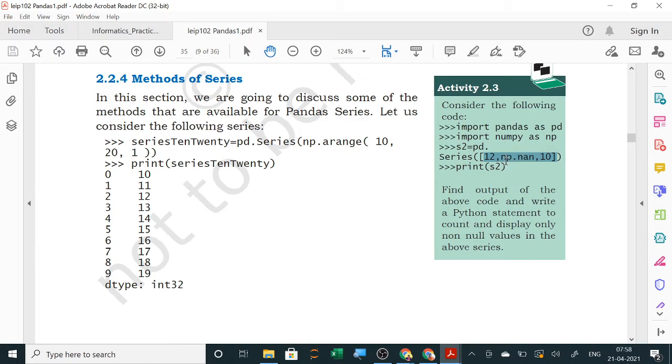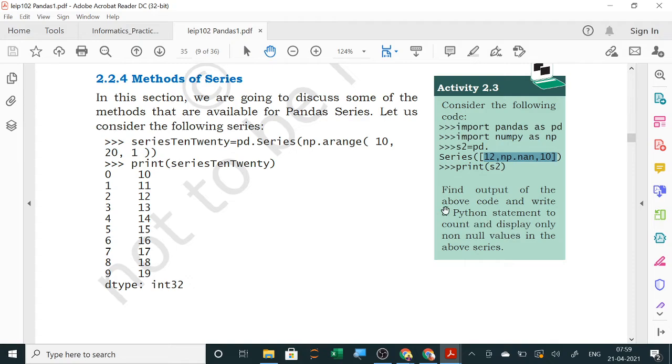Suppose marks of some students are absent and I don't want to enter any marks. So I want to give here a NaN value, not a number, that is void, empty. I want to keep it in between. So what I will use here is np.nan. So using np.nan you can give a null value.